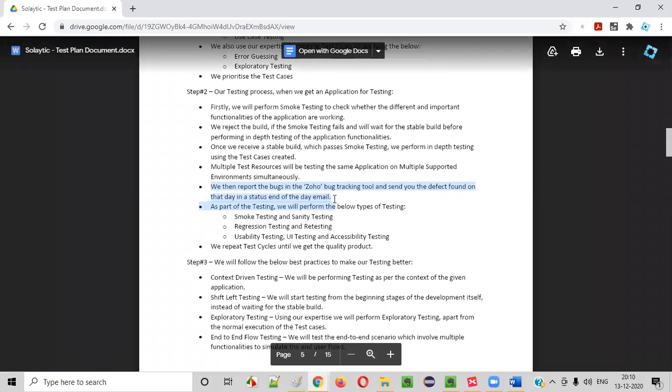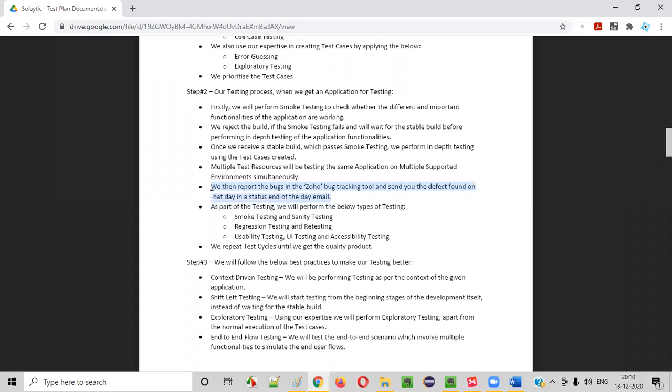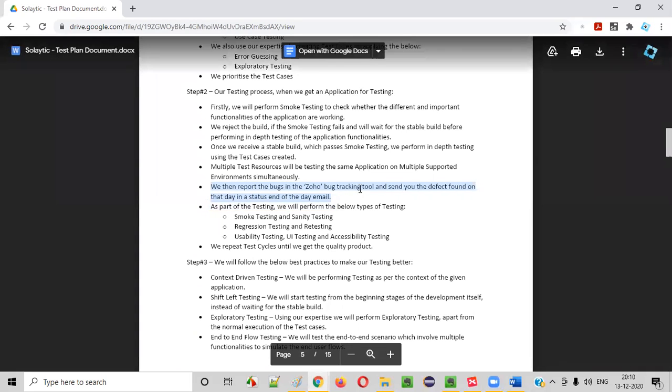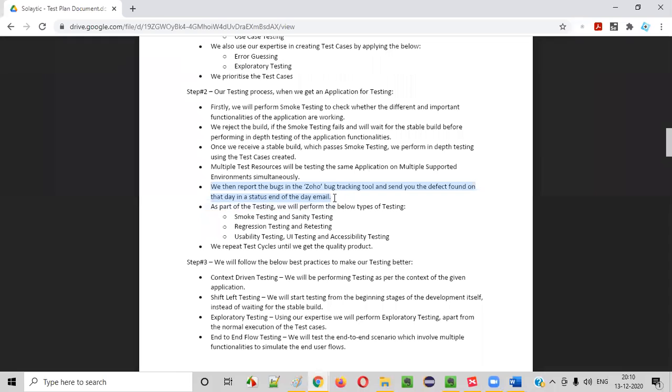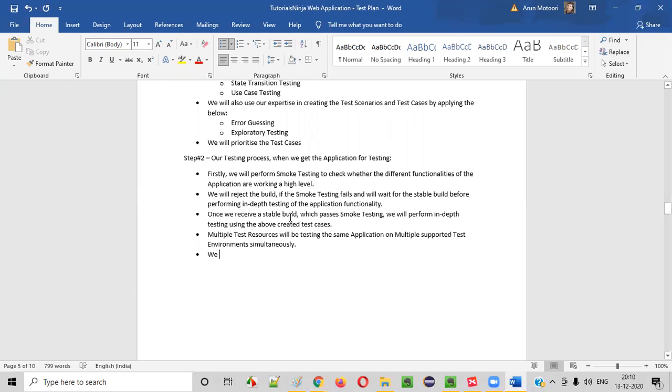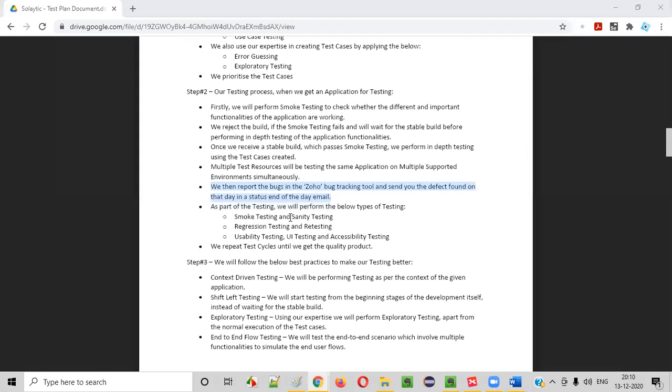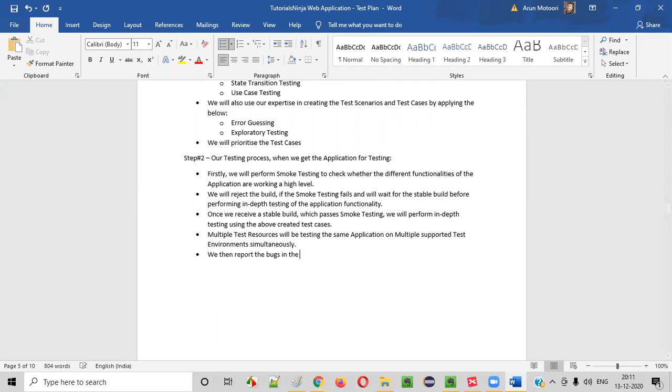Okay, so we have to report the defects. We have to document the defects in some tools. There will be some tools for documenting the defects, guys. I'll explain that later, how to document the defects. We then report the bugs. Bugs means defects, guys. Let's say a tool is there, let's say Zoho. If you know a bug tracking tool or defect tracking tool, and